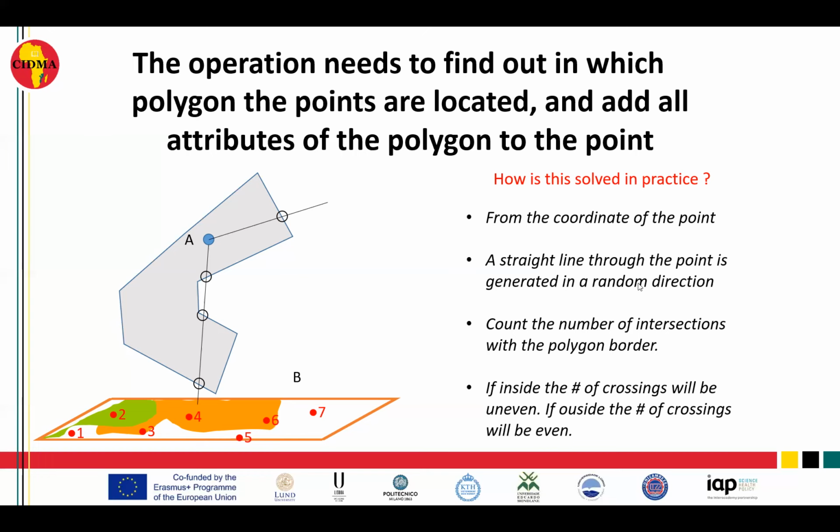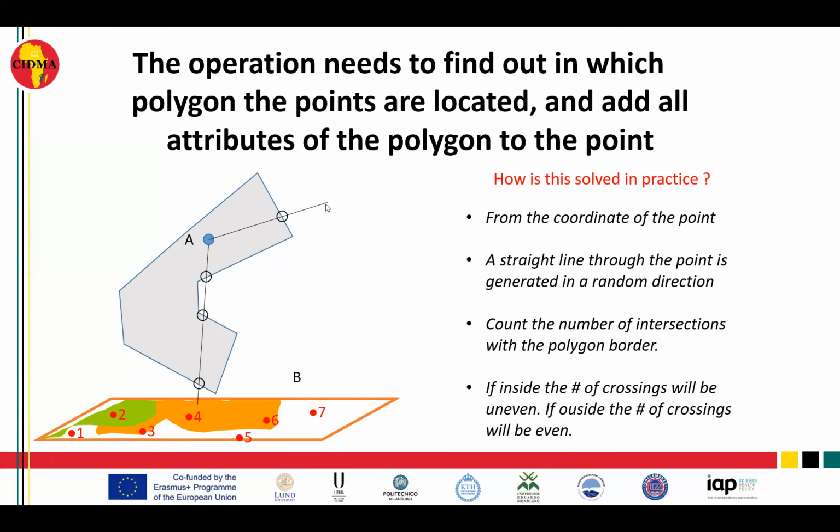So how is this solved in practice? Well, the program has the coordinate of the point, and also the different coordinate pairs that build up all the polygons. A straight line is then generated from the point,